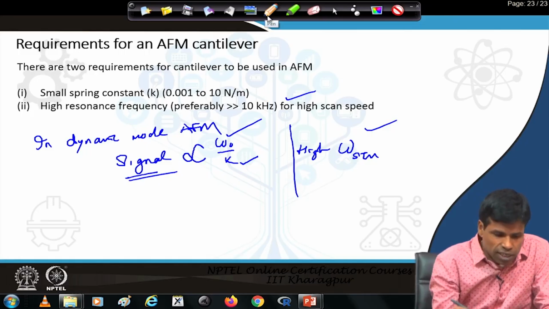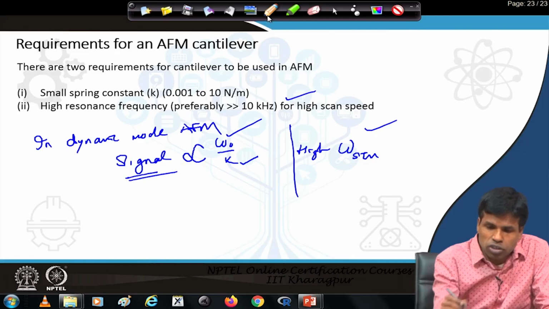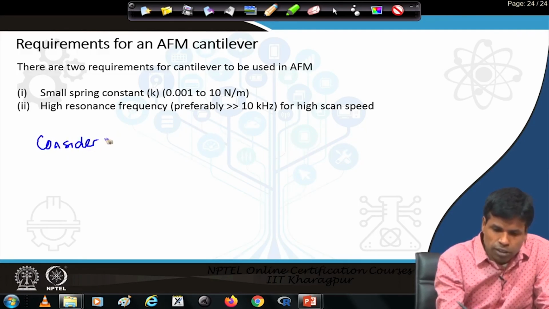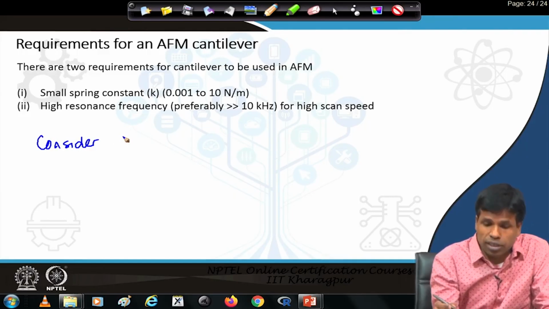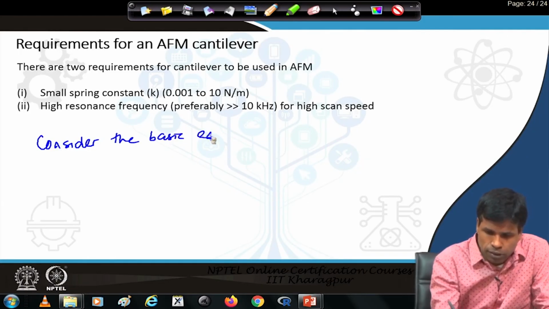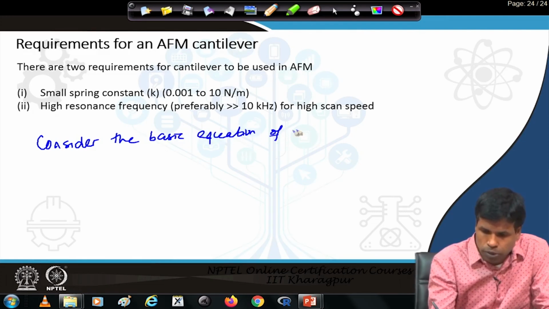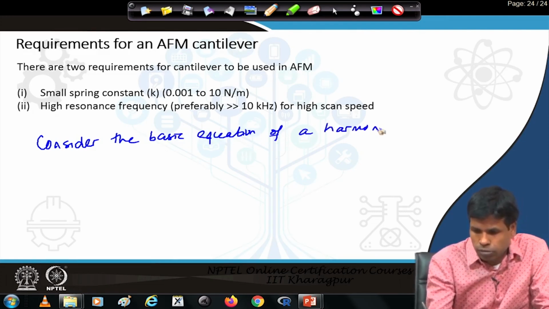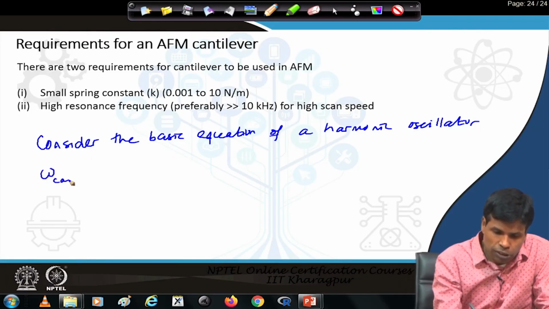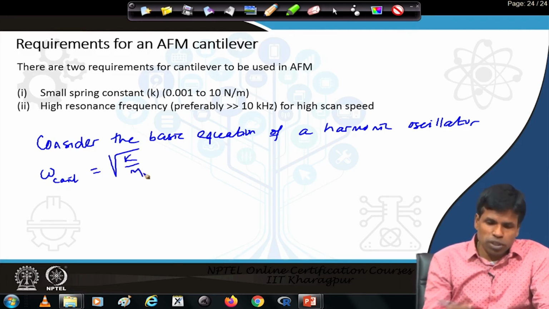So, as per the basic harmonic oscillator equation, what we have seen is that small spring constant is good and high resonant frequency is good. Now, considering the basic equation of a harmonic oscillator, for the cantilever, omega cantilever is nothing but root over of k by m. So, what we see here,